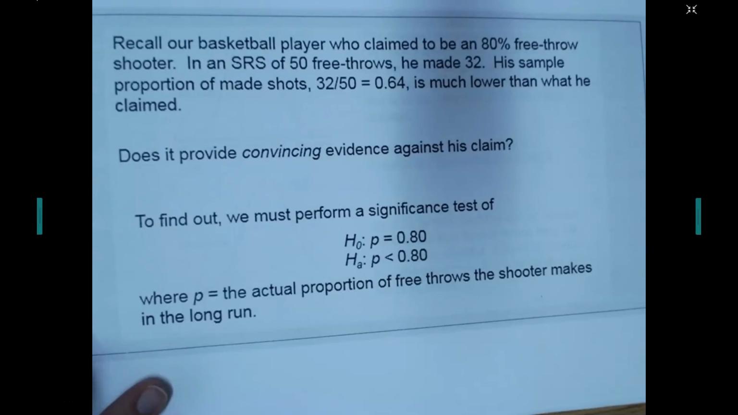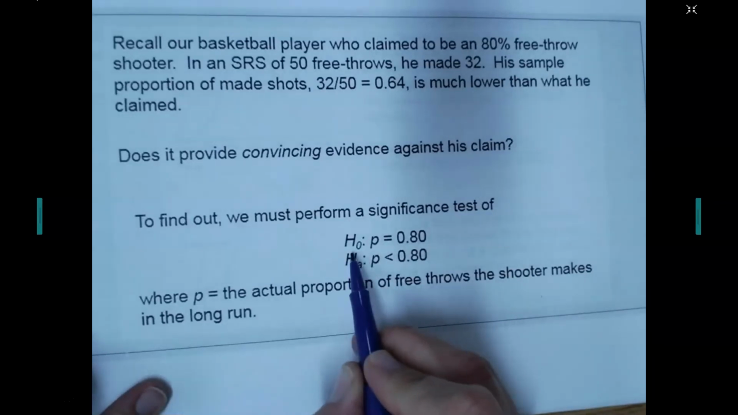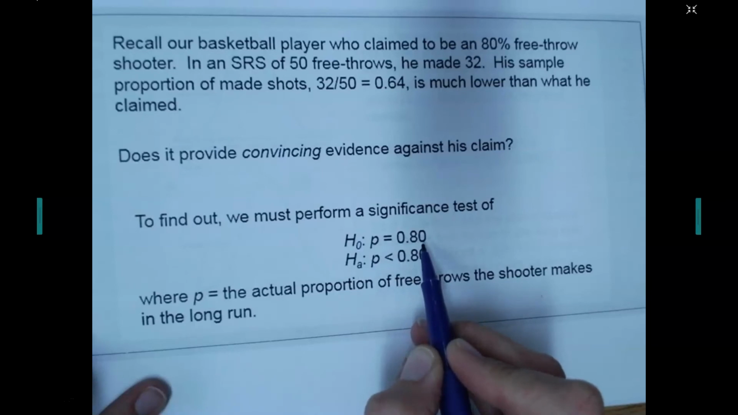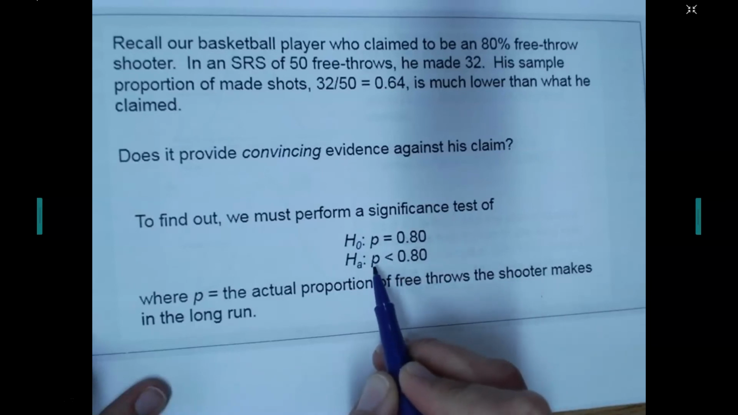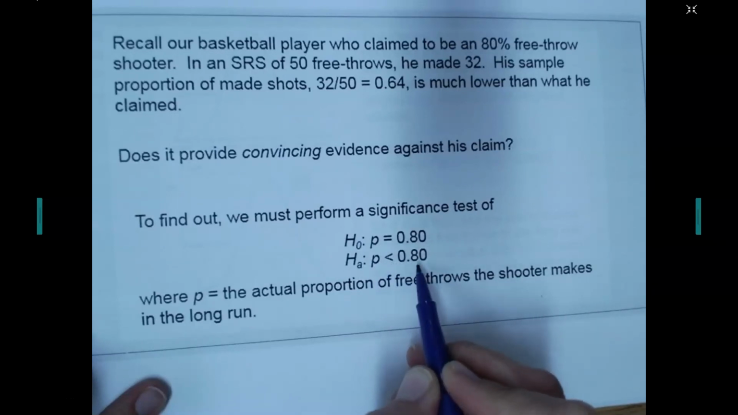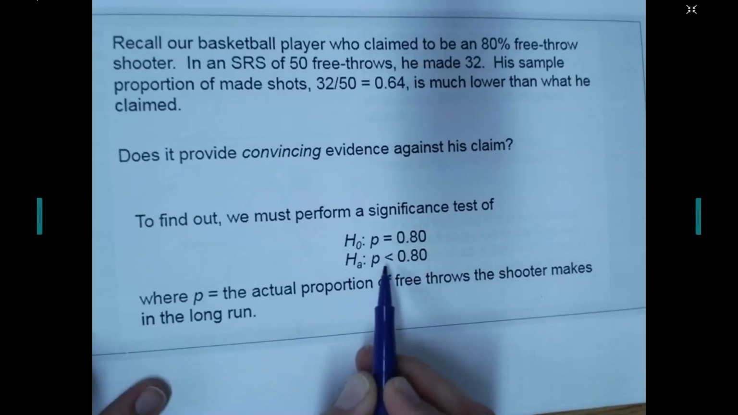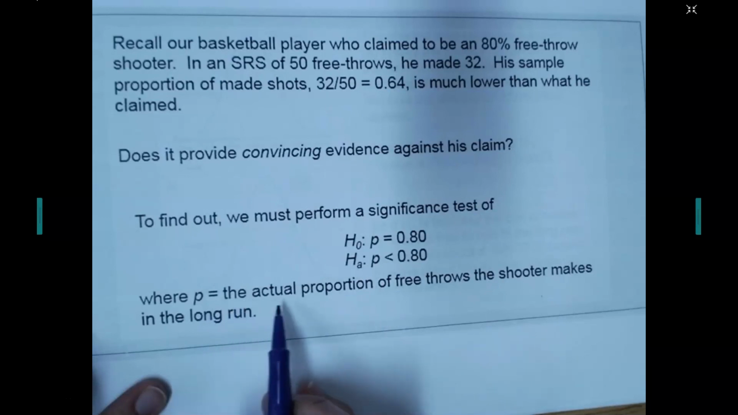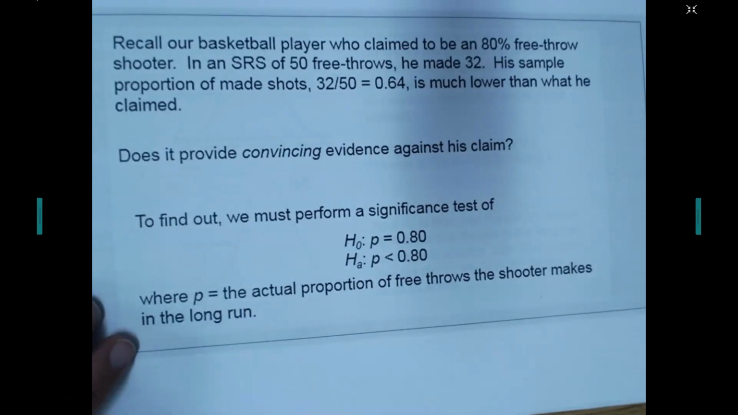To find out, we must perform a significance test. Our null is that the proportion is equal to the claim, and we're testing to see if the true proportion is actually less than what's being claimed. Notice that the p used here, the parameter, has been defined as the actual proportion of free throws the shooter makes in the long run. So we're starting out with our